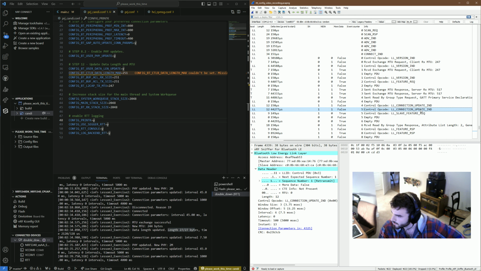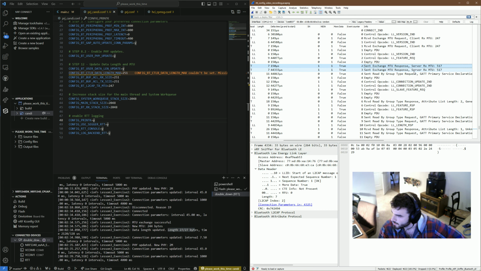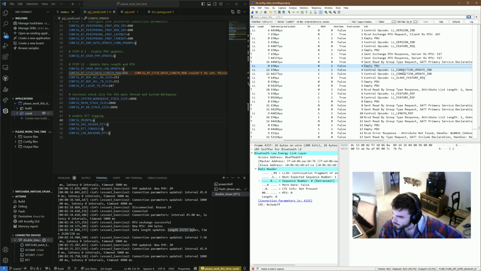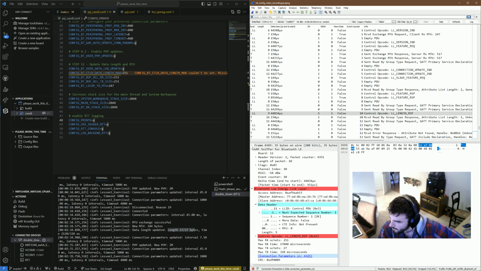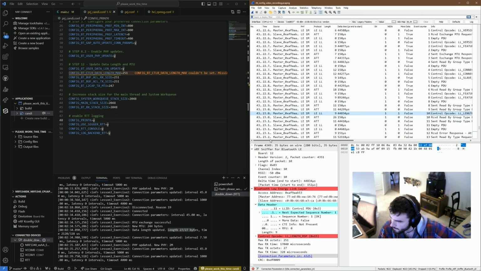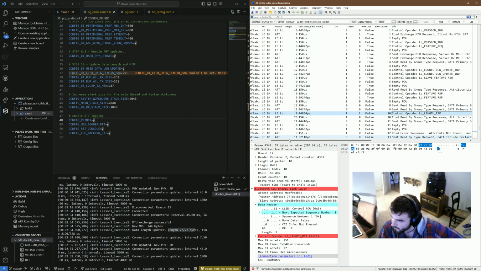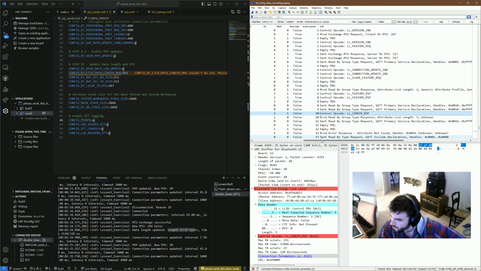Connection update. It's telling me this server wants to do the max size. We love that. How are you replying before the request? Regardless, that's the phone's response to